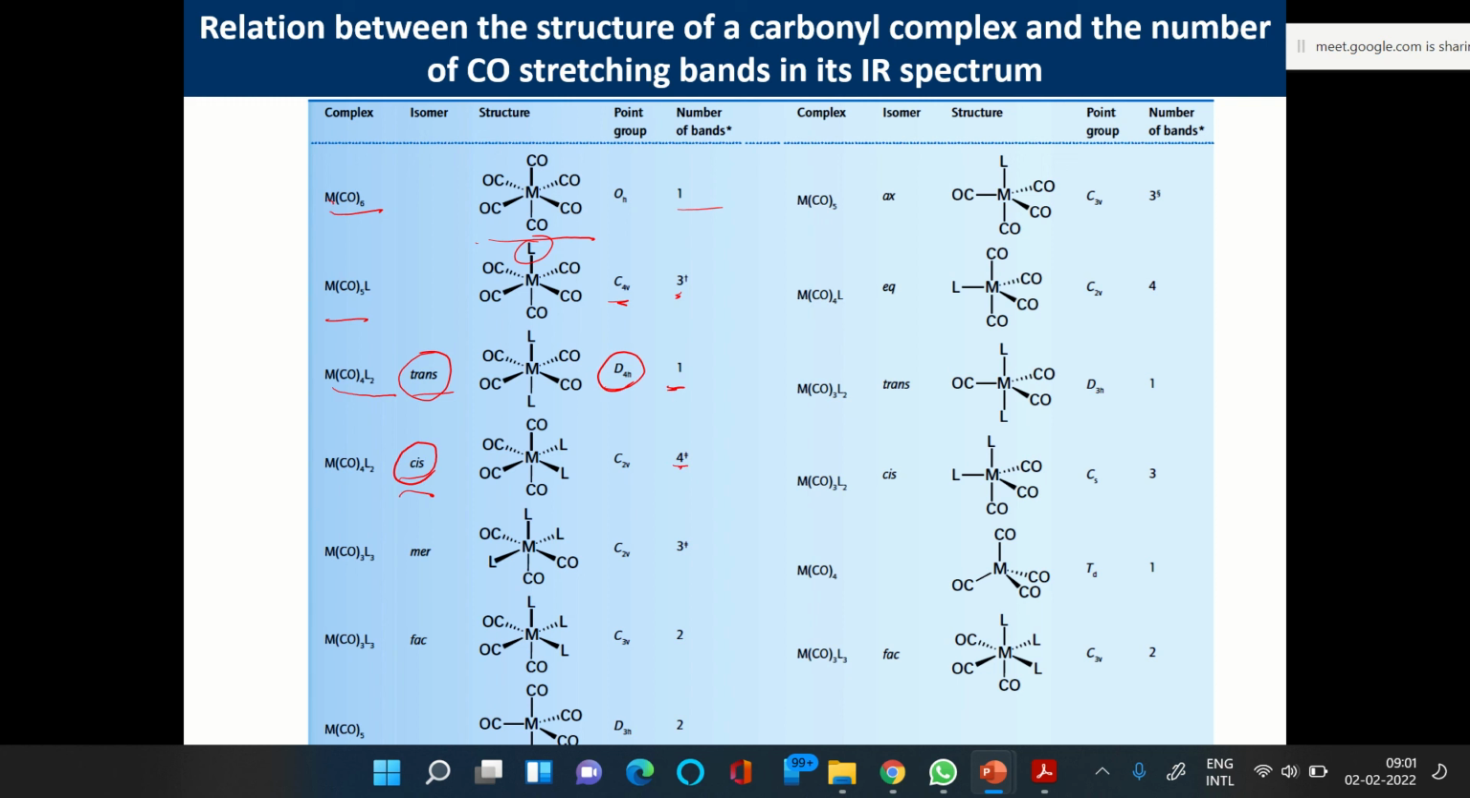So as the symmetry is decreasing, from higher symmetry to lower symmetry for the same molecular formula, if we have two structures, one of higher symmetry and another of lower symmetry, the first thing we understand is that there is an increase in the number of observed bands in the IR spectrum. Okay, so